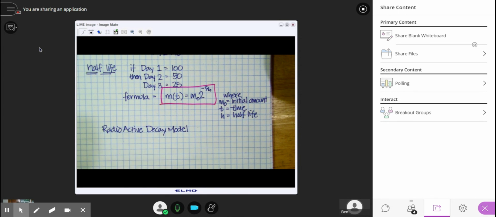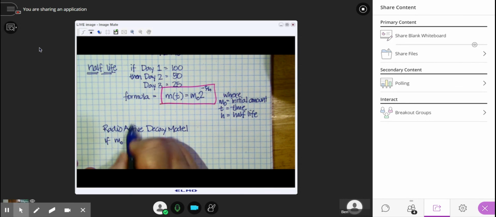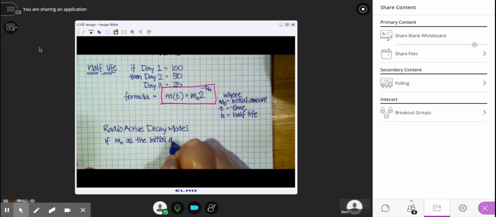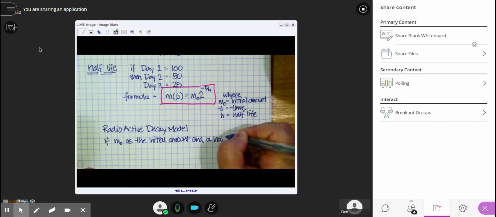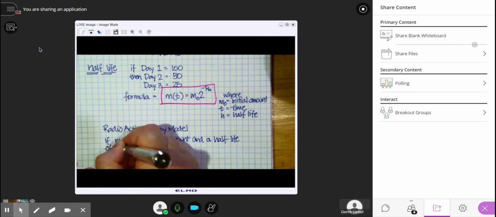So the radioactive decay model says if they give you m sub 0 as the initial amount, and a half-life of h,